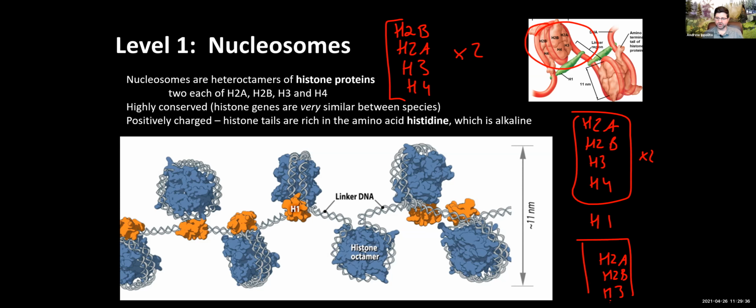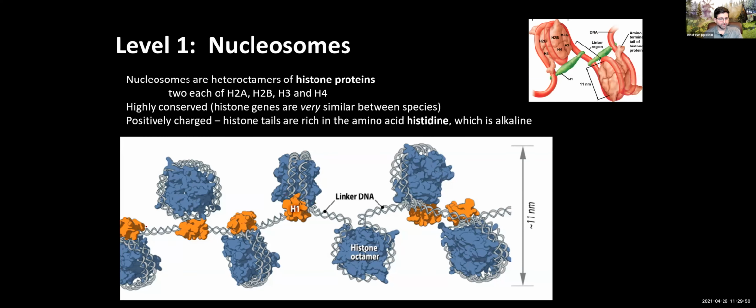So this was me drawing two nucleosomes next to each other. The blue here is your H2A and B, H3, H4, and you can see that this linker histone H1 helps stick it all together. Carefully here, you can see the double strand of the DNA. The DNA itself goes around each one of these twice, like this. You can see the double strand of DNA in this picture too.